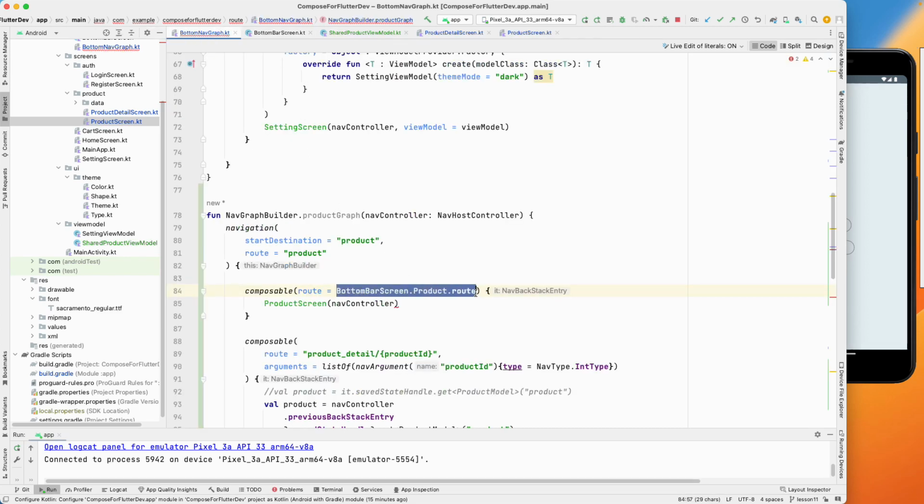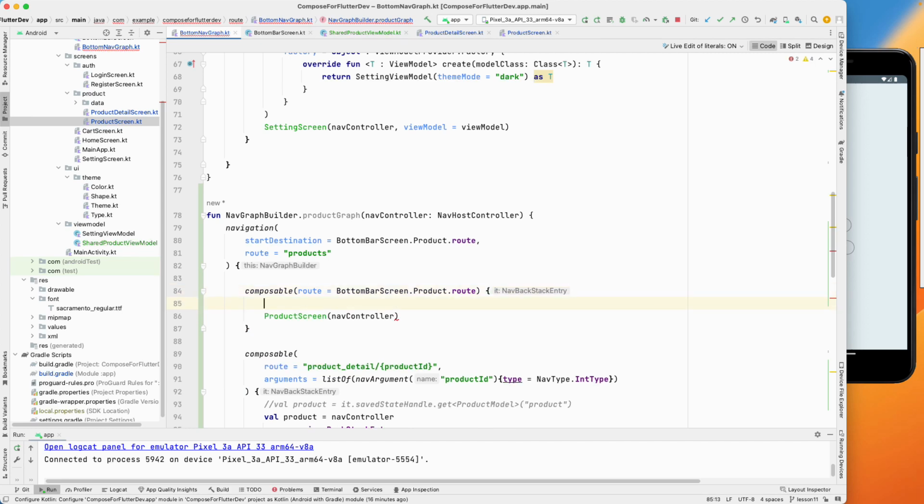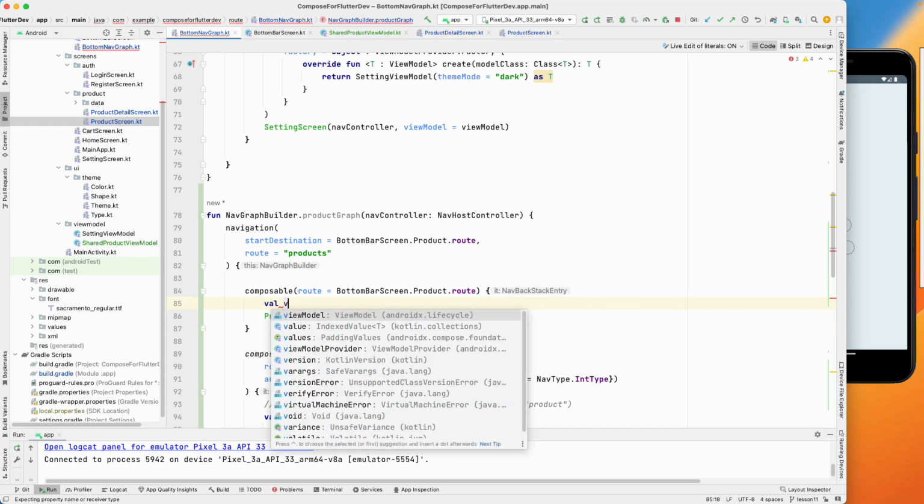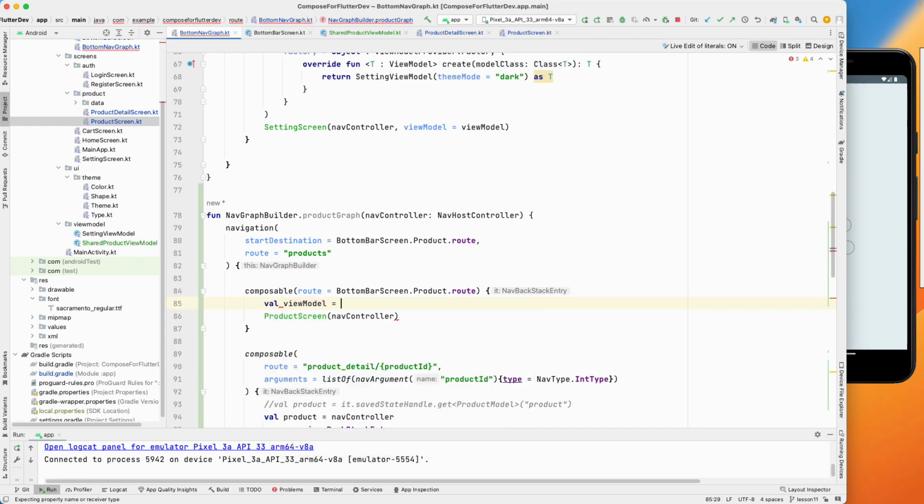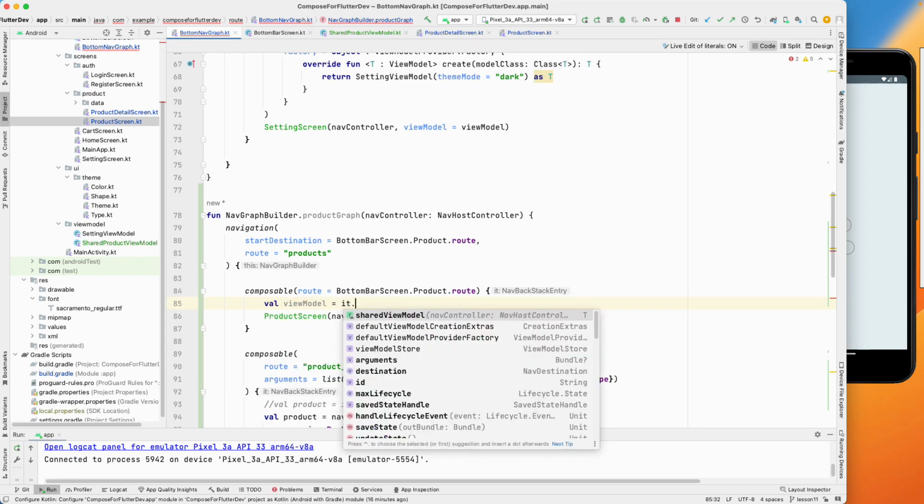So just copy this one over here and paste it over here. We will require this destination, and then the route, let's say products instead of just product. Now we need to create the view model, and for that, let's go inside our composable and create a val, let's say viewModel, which will be equal to it dot the